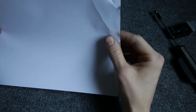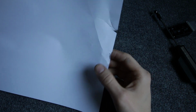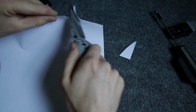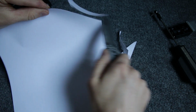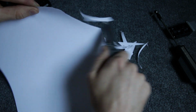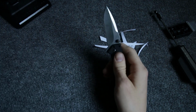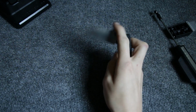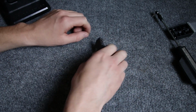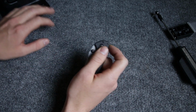So you remember last time, you can see here we were just kind of crinkling it and tearing it. We weren't able to cut anything. So let's see what we can do. And just like that, we're cutting paper like nobody else. I mean, this is an absolutely sharp knife, and I am really impressed with what we were able to do